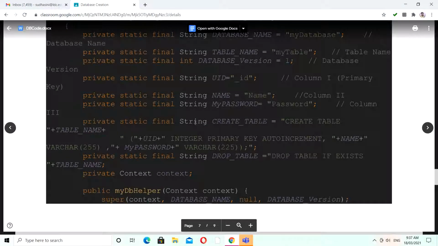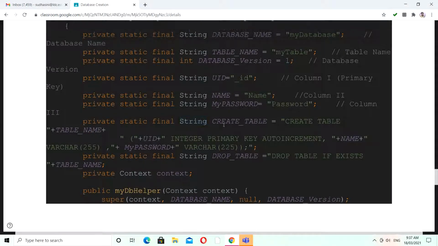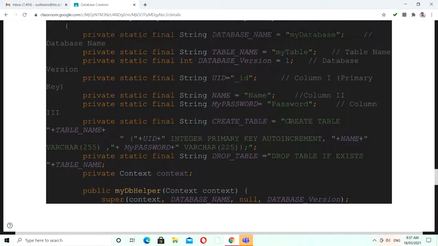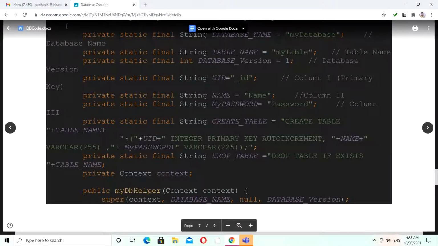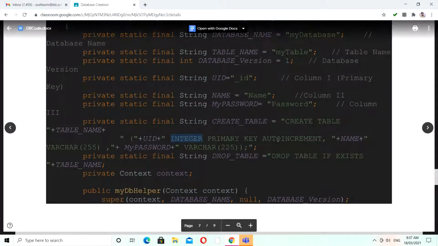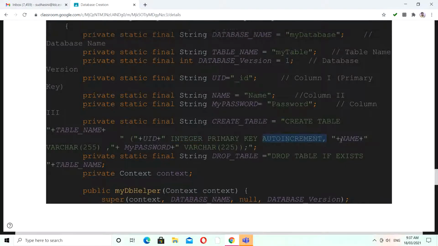Within your string itself, you have to create the table. So create table is another string variable. Here you have to write the query. This is very important. So create table, table name. Then within this you have to pass the parameters: user ID as integer primary key auto increment, then a comma, and then the name attribute.